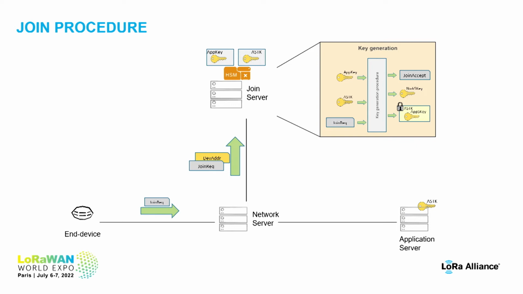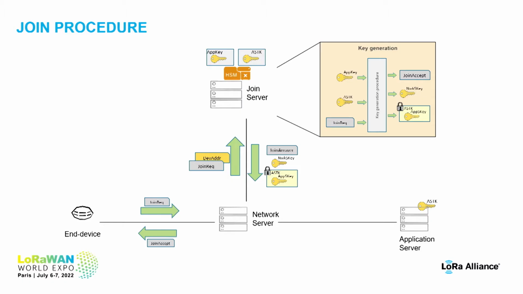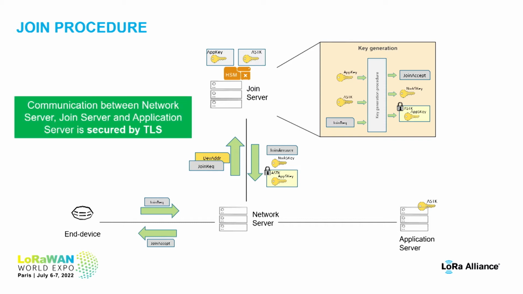It will do the key derivation, and at the end, will generate the session keys: the network session keys that will be sent to the network server, and the application session key that will be wrapped by a key encryption key for the sake of providing end-to-end confidentiality between the end device and the application server. This key encryption key, what we call here ASTK, can only be known by the join server and the application server. And then we will see what happens later on when there is data flowing from the device to the application server. But just need to know that all the communication between the different network interfaces in ThinkPark are completely